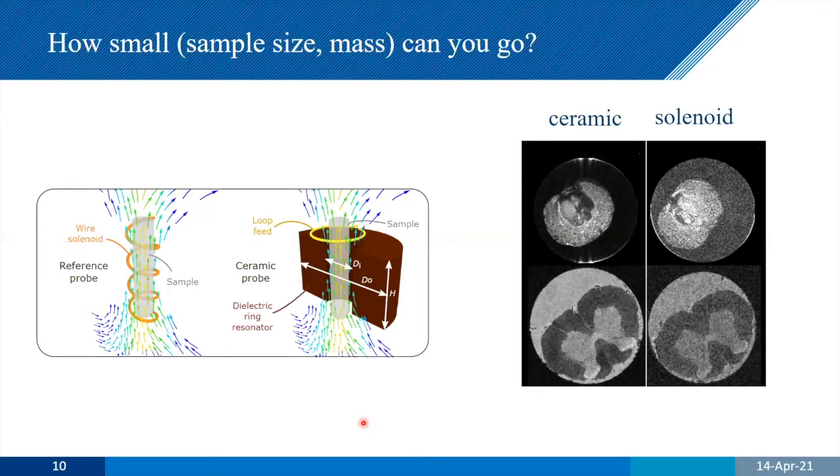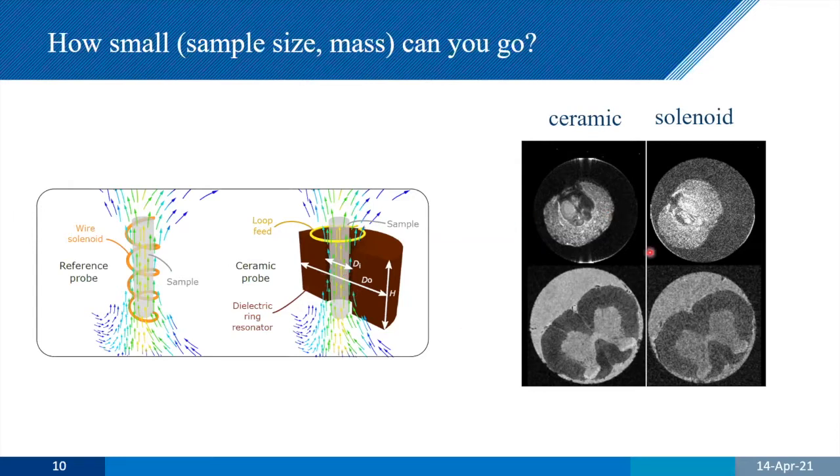And so working with the group in Russia, we're able to increase our sensitivity even further by taking very conventional coil designs and changing that so that we really have here just a piece of ceramic. And that piece of ceramic stores a magnetic field in the middle, and there's no electric field in the center there, which of course means for conductive elements that that's going to increase our signal to noise.